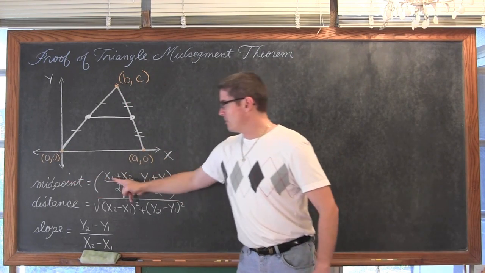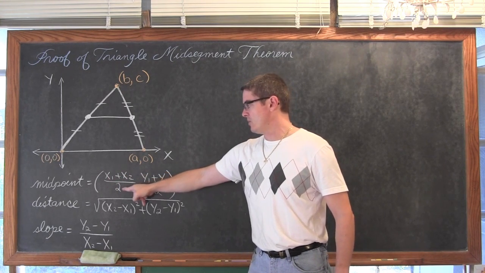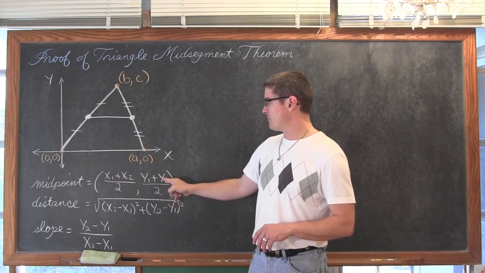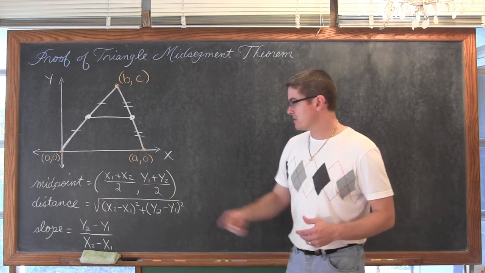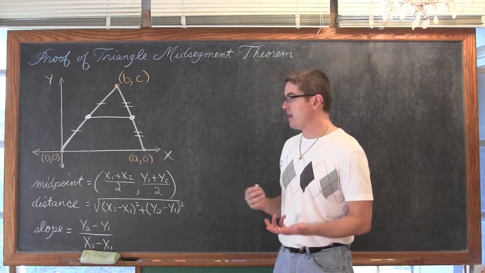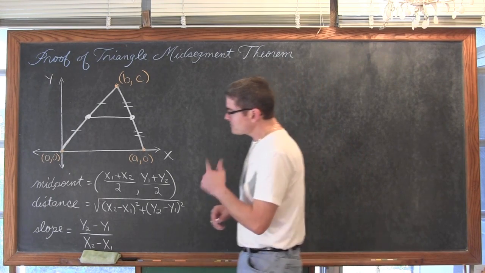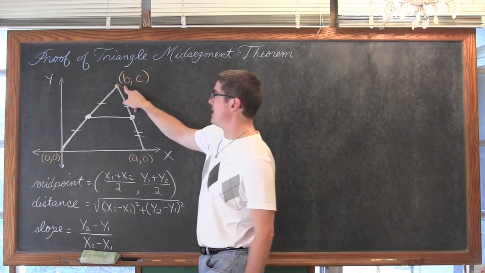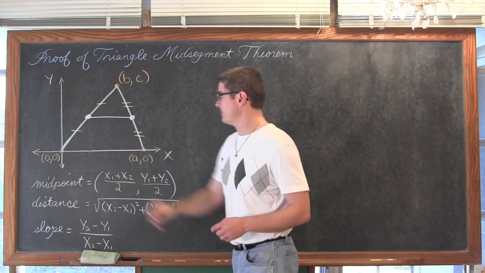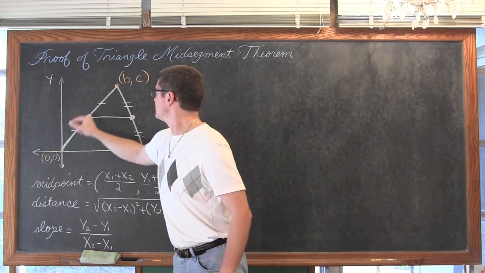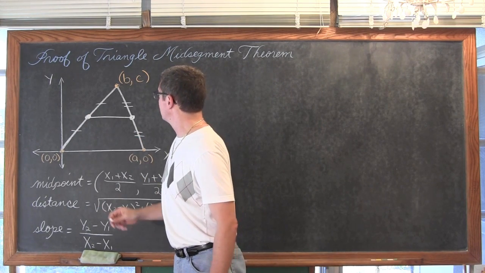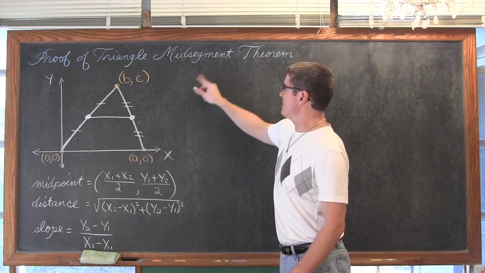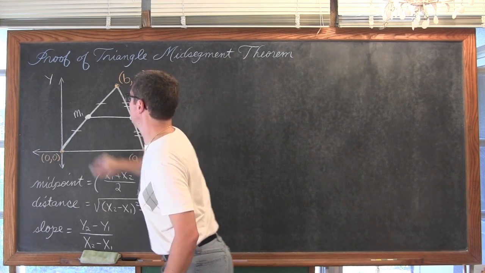For the midpoint, you take x sub 1 plus x sub 2 and divide it by 2. You're basically finding the average of the x-coordinates. Then y sub 1 plus y sub 2, add those and divide by 2, so you're finding the average of the two different y values. So let's let this be x sub 1, y sub 1, and let this be x sub 2, y sub 2, and find that midpoint. I'll leave it unlabeled, we'll just find the coordinate. Let's call this midpoint 1.